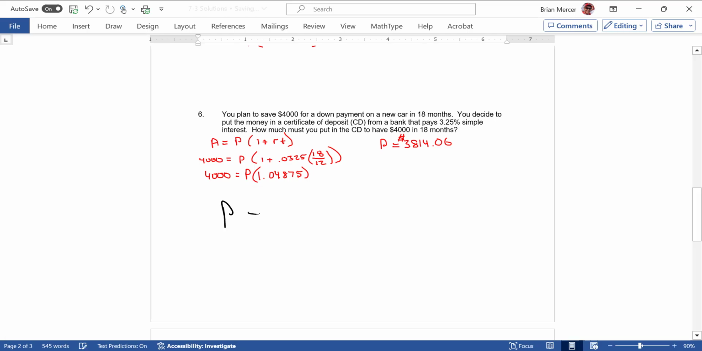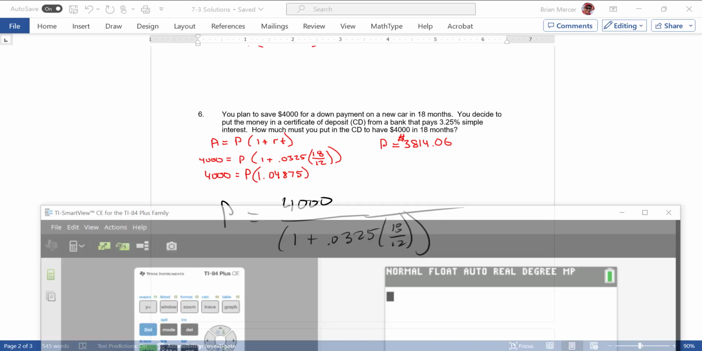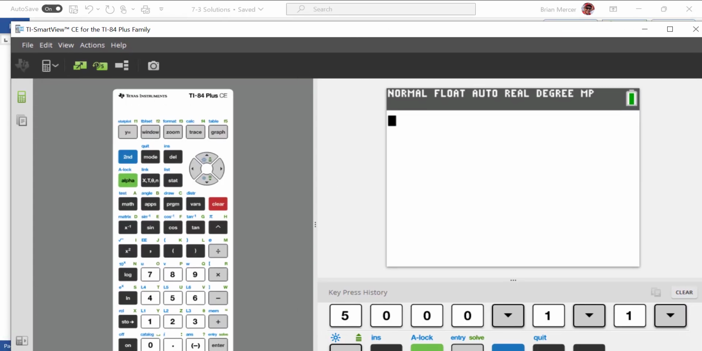That P was 4,000 divided by this whole thing: 1 plus 0.0325 times 18 over 12. So I'm just going to divide that. Pretend that I didn't even know that other number existed. And so that means we're going to type, all I'm doing here is showing you how to type that on a calculator. 4,000